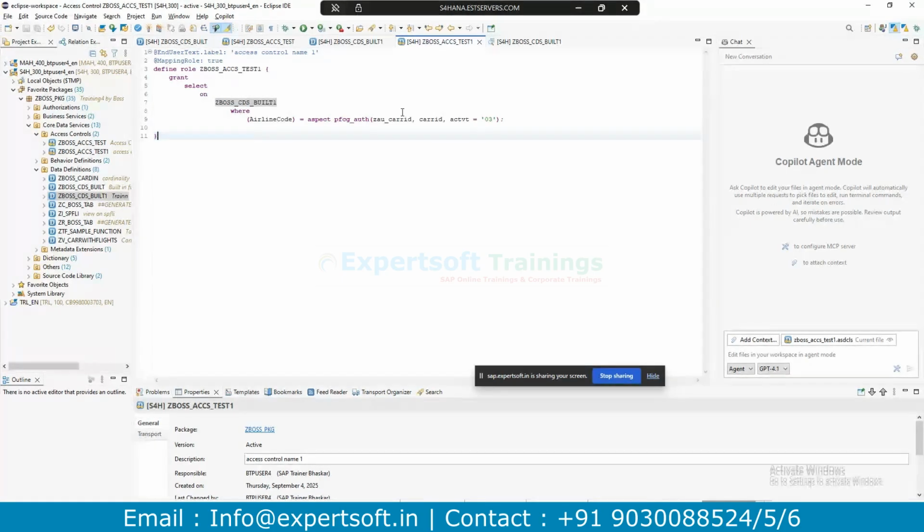For this authorization object, ask the security team and tell them the field you want to do the authorization check on, and what the field value is for a particular role, which country they will be executing.